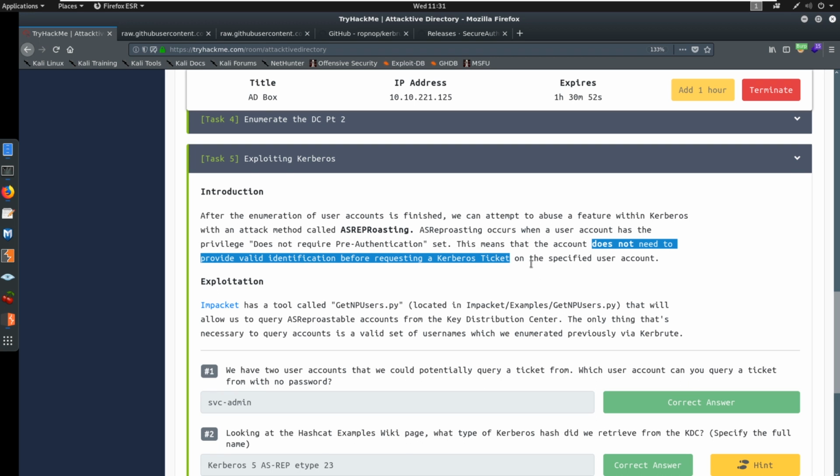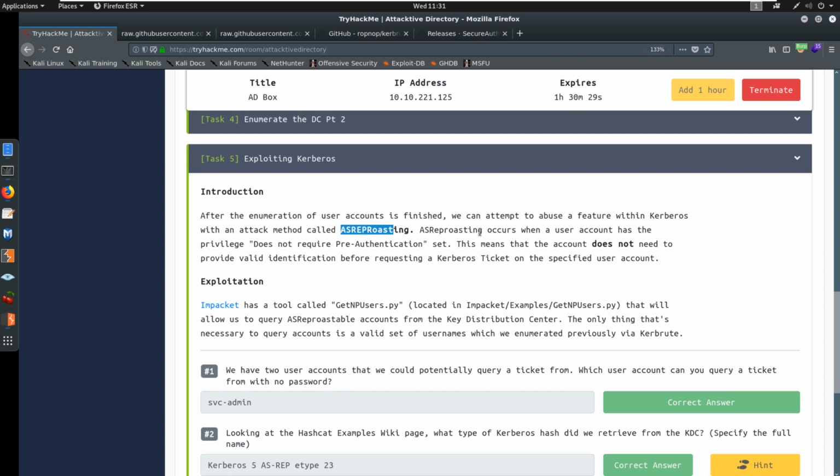Okay, no TGT is needed. If we don't need a TGT, we're pre-authenticated. Guess what? We don't need a credential set. We need a credential set to get a TGT, right? Well, if we're pre-authenticated or don't require pre-authentication, then we don't need to get that TGT. We can still perform that type of Kerberoasting attack, except here it's called AS-REP roasting, and we get a